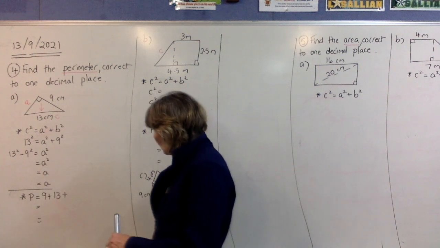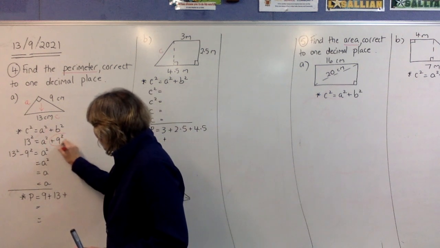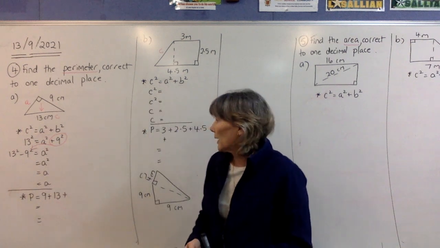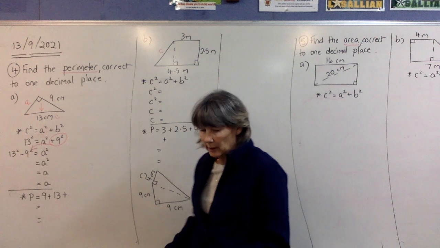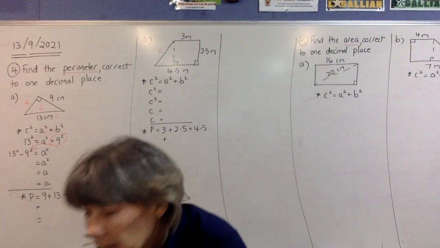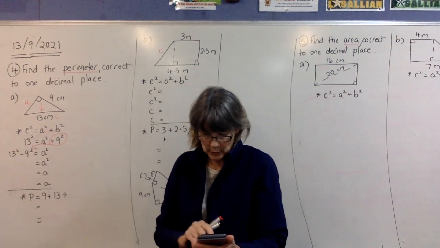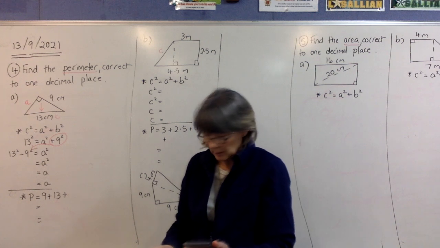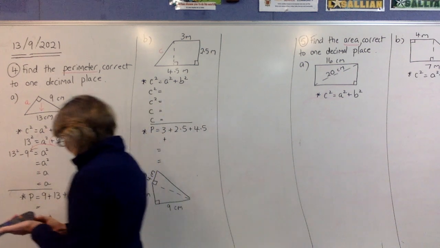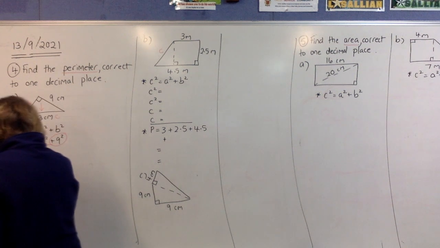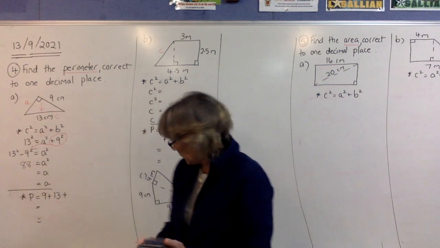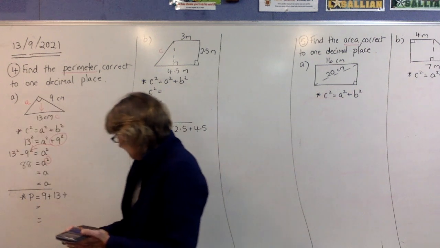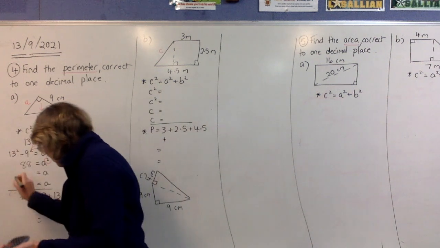Then we're going to get rid of the plus 9 squared and move it over to the other side and make it minus 9 squared. And then we're going to our calculator. So go to your calculator and we're doing 13 squared minus 9 squared equals, and we get 88. Just keep that on your calculator. So then we're going to get rid of our squared there. So we do the opposite, which is square root